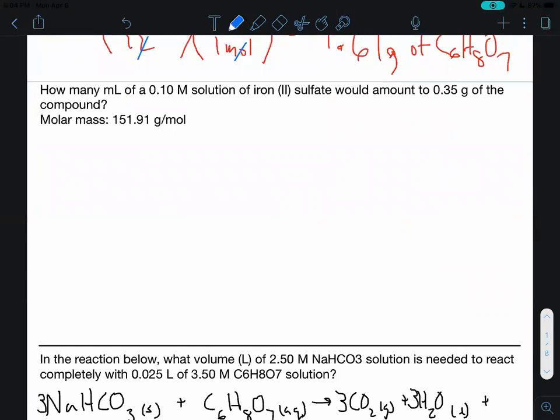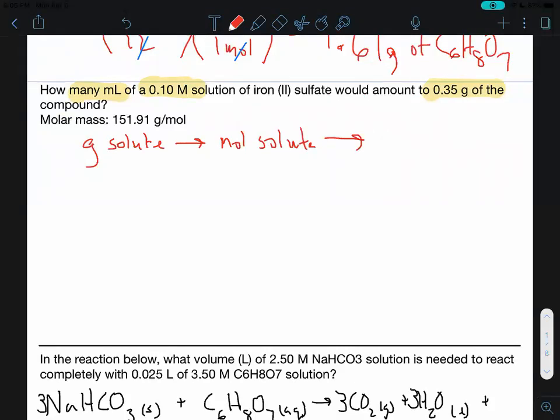Next one, we're actually given the grams of the compound, and we're asked how many milliliters, so we're going to go the other way here. We still have concentration that we're going to use as a conversion factor. In this one, I'm trying to get to volume, and I'm starting with the mass. So my roadmap looks a little different this time. Let's start with grams of solute, and I want to convert that to moles of solute, and then to